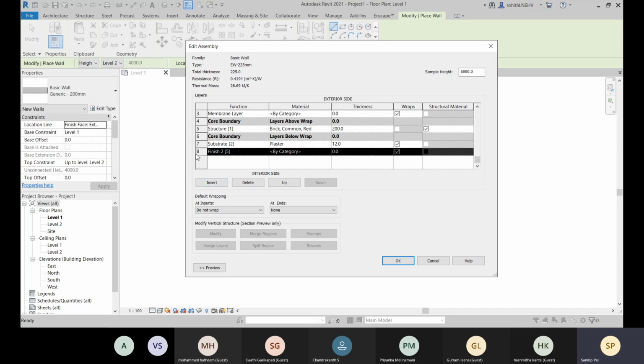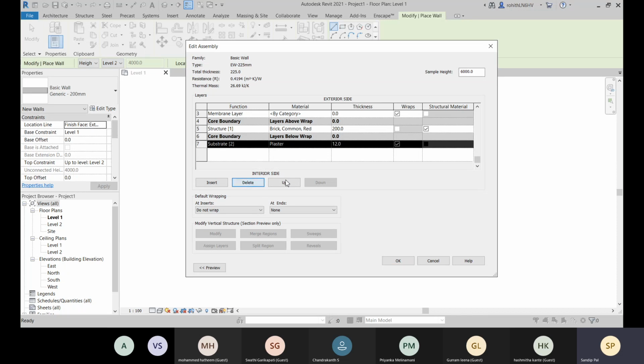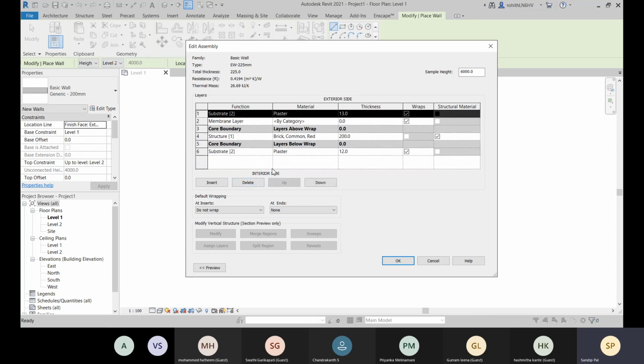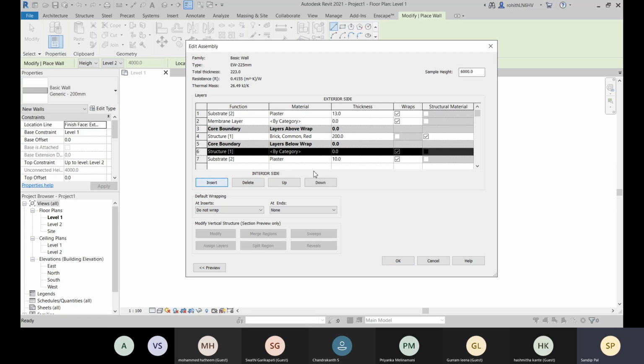Now I'm not going with this. I will delete this, and I will delete this. After plaster, I will simply paint it. If you need to place anything like putty on this side, let me place it inside.